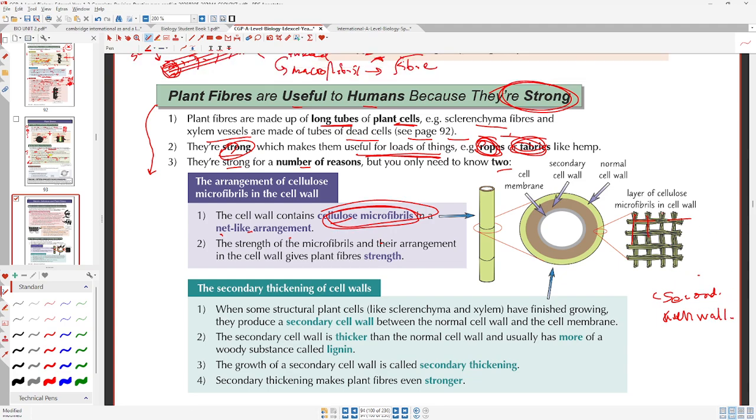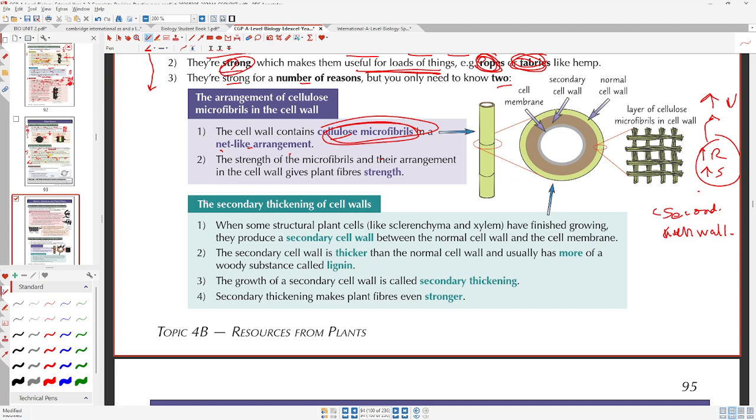right? Because the secondary cell wall means you have another layer of microfibrils which are going in opposite random angles, which causes layers of cellulose microfibrils to overlap on each other, causing greater rigidity, greater strength, and overall that is allowing it to have greater use outside of just plants and stems. Now the strength of the microfibrils and their arrangement gives the plant fiber strength. This is obvious. And the secondary thickness,